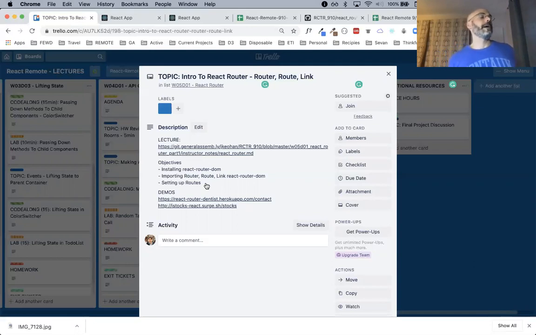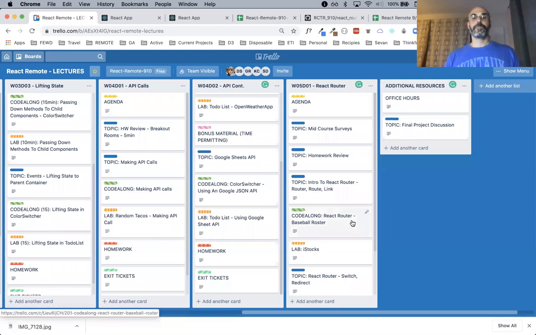Just like, you know how we've been using app and form and things that we've created? Those are names that we've decided to give those components. When we install this third-party tool, React Router DOM, it brings with it a whole series of its own components. We don't have a choice but using the naming convention, for the most part, of what they've called those components. And so we'll have something called router, we'll have something called routes, and something called link, and we'll import those directly from React Router DOM, and then we'll go on and set up our routes, okay? That's what we're looking to do, okay?